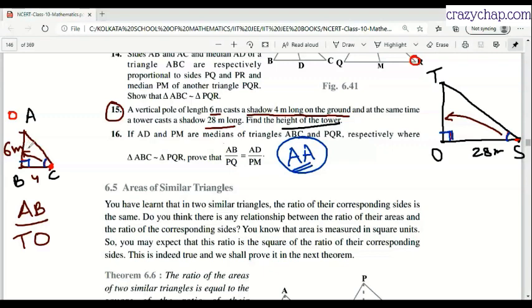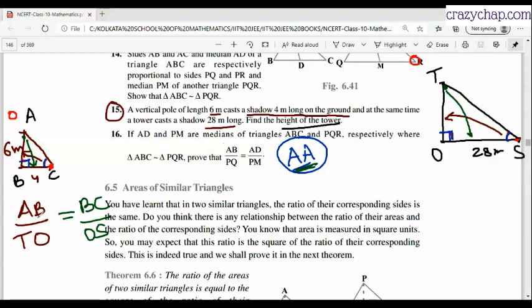Correct? And angle A's opposite side is BC and angle T's opposite side is OS. So I will compare BC with OS. Why did I compare BC with OS? Because angle A is equal to angle T, right? And after being similar, means after we decided by AA similarity that they are similar, the two side ratios will always be equal.